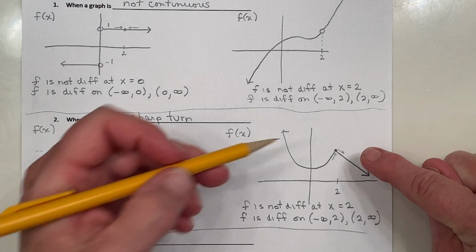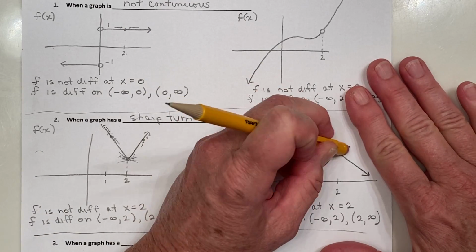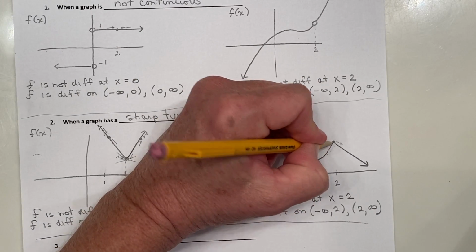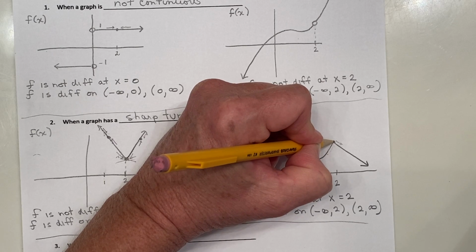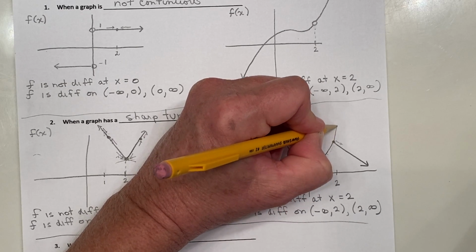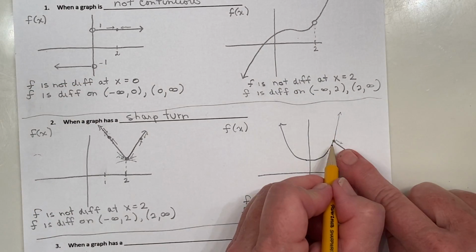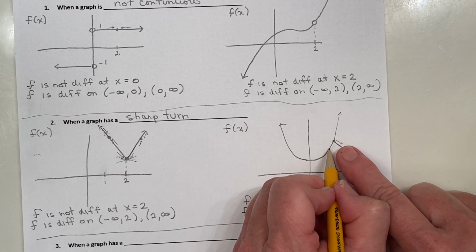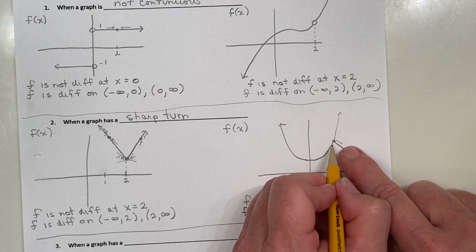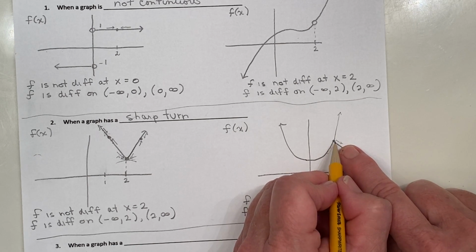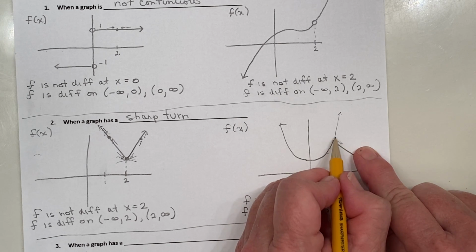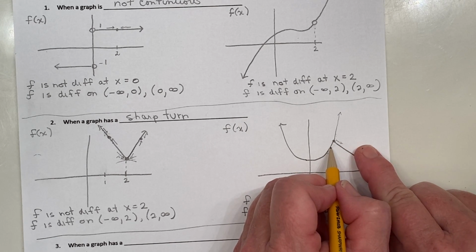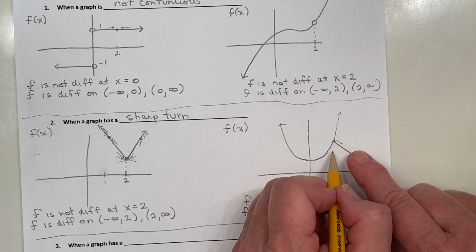And just for the sake of making sure we look at another case here, what if I had decided that instead of going downward like this, maybe I want to change to a straight line, but I still want to go upward? Well, this slope right here needs to be the same as this slope right here. We'll learn techniques for finding the slopes, but if these two slopes on either side of x equals 2 aren't the exact same positive number, then we still would say that this graph is not differentiable